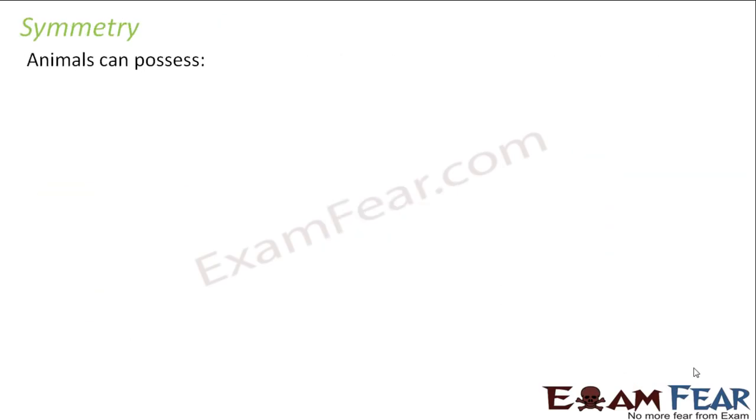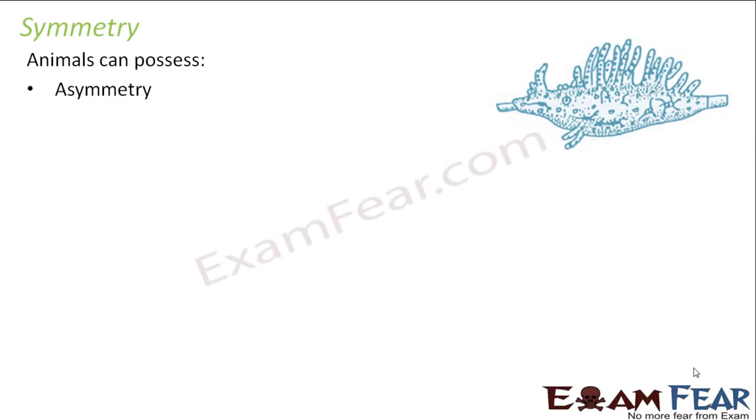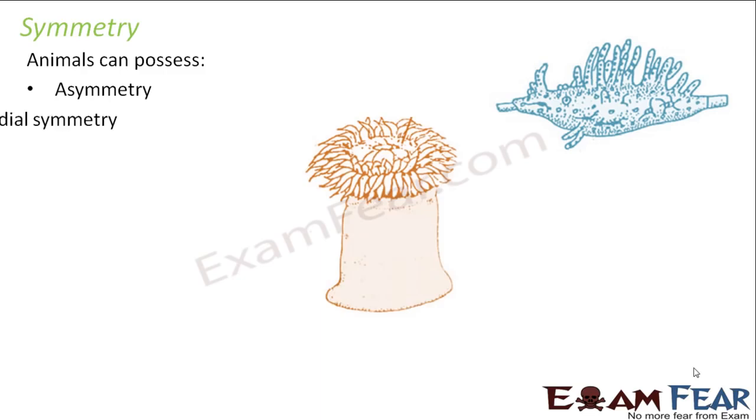Now, based on symmetry, the structure of animals, here I gave you two examples, the butterfly and the human being. So even animals can possess symmetry, and this symmetry can be of many different types. Animals can possess asymmetry, that is no symmetry. Some animals have a body that does not have any symmetry. Whichever axis you take, you will not be able to divide it into parts which will be identical to each other. Such animals are said to have asymmetry, that is no symmetry.